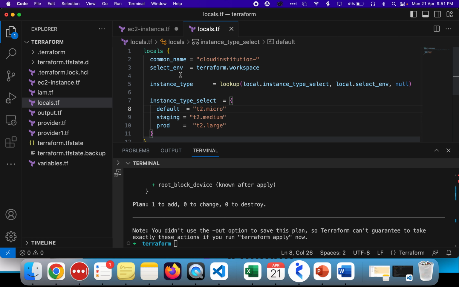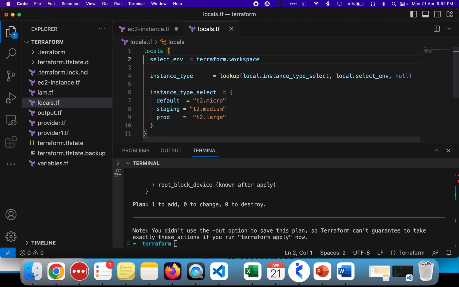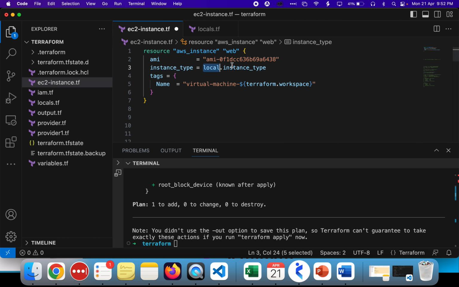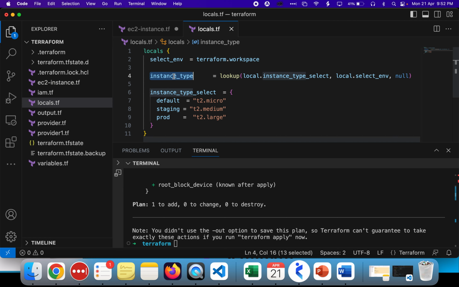Now what I've done is, in the common name is cloud institution. I don't want this one, so for now I'm going to be deleting it. Now select environment is equal to terraform.workspace. Then instance type is equal to, because I'm just referring to local.instance_type, so the instance type in the local is going to be